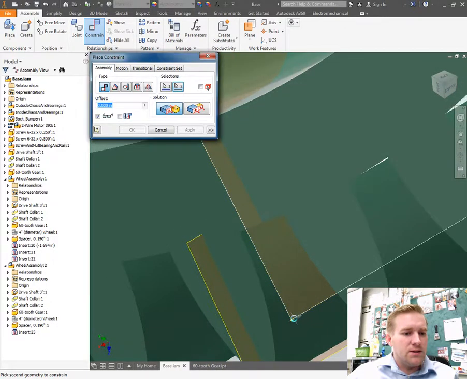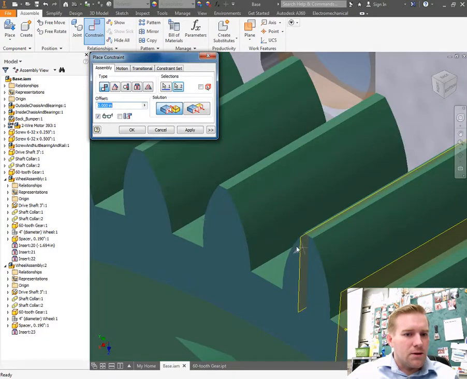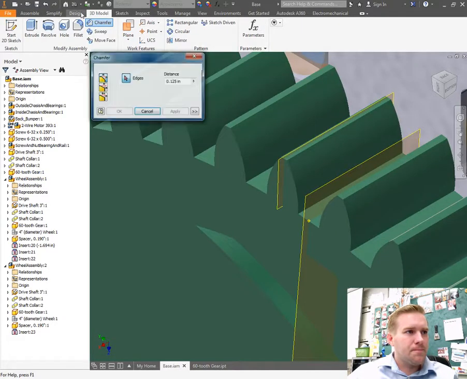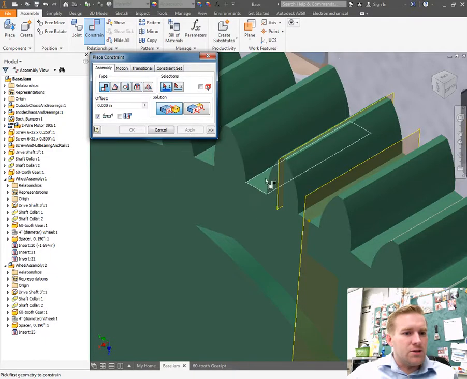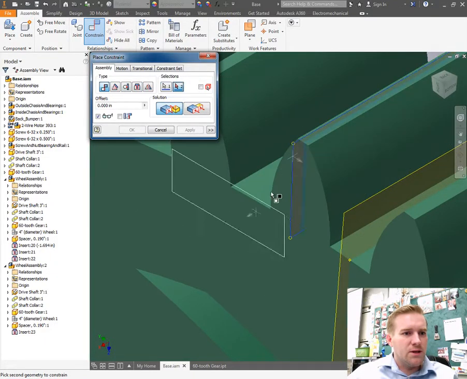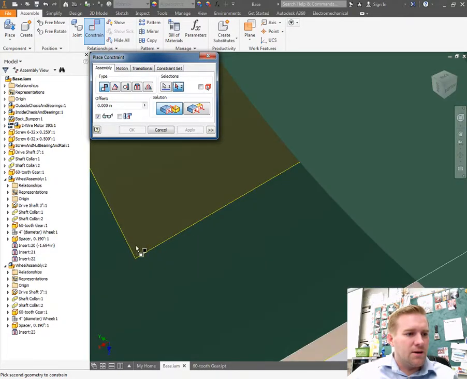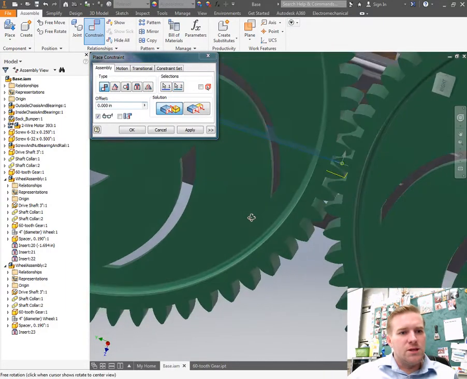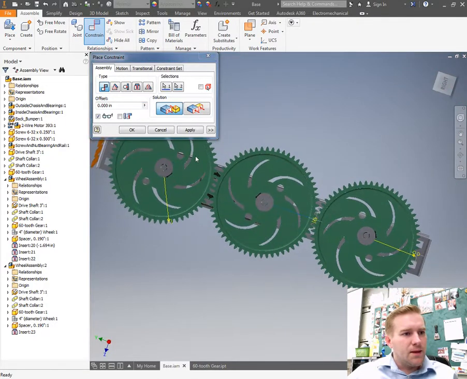And when we do this, oops, I think I grabbed the wrong face here. Cancel and try again. Constrain, mate constraint, grab the tooth here, and then grab the trough. Let me see if I can get it this time. It's being tricky. Alright, now if I zoom in here, you can see that the tooth is lined up in the trough. Hit apply,